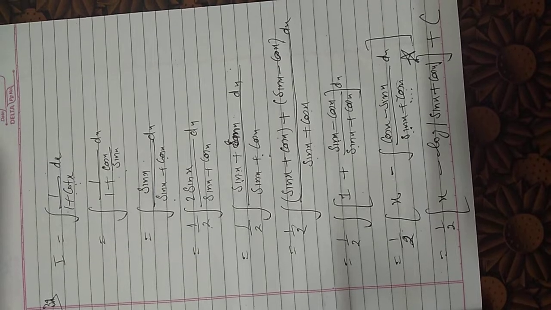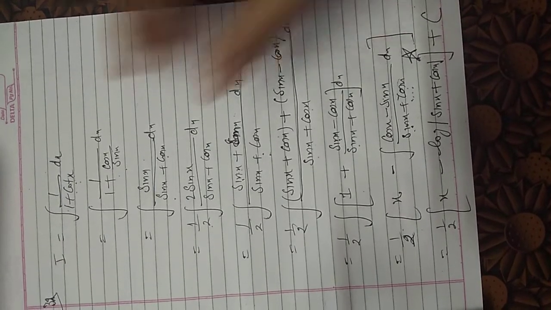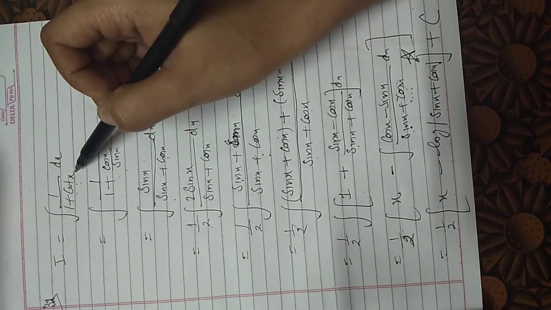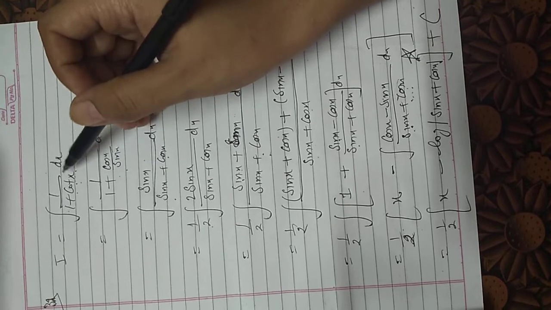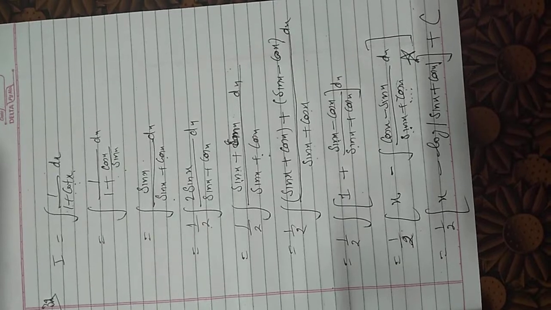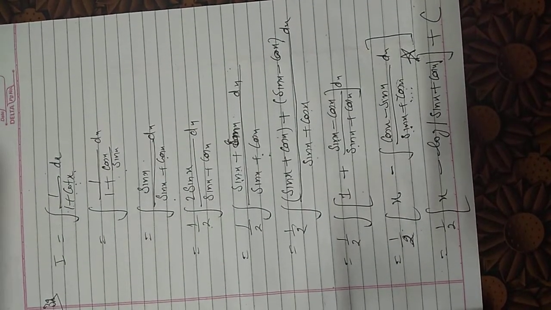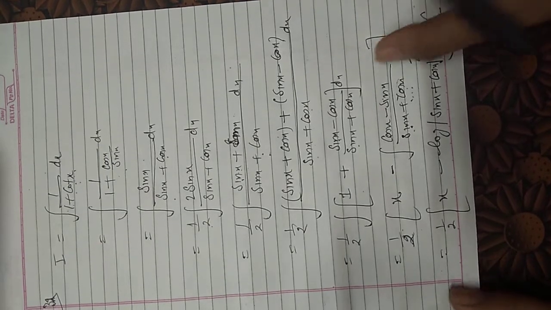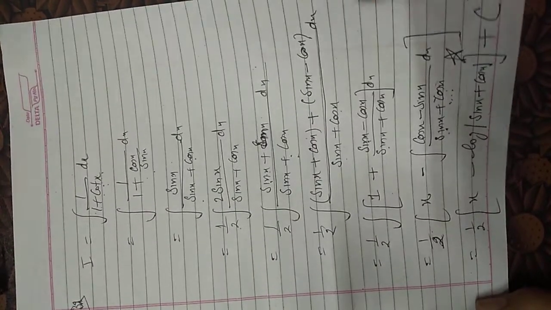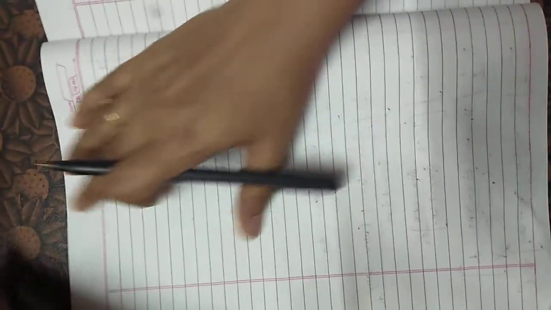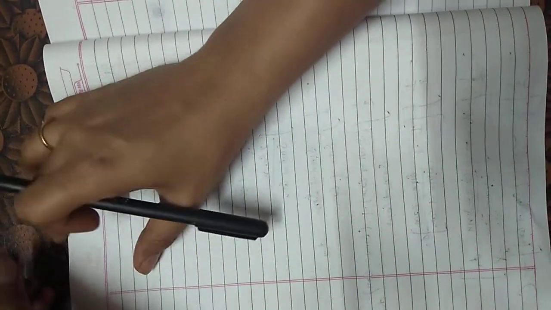Similarly, you will do sum number 33. In sum number 33, instead of this cot x function, we have tan x function. And tan, when we write down in terms of sin and cos, we will get here cos x upon cos x minus sin x. Same thing we will do as in sum number 32 and you will be able to get the answer. Sum number 34 we will discuss now, and afterwards one more sum we will discuss, and you will be completing your exercise. Okay, so let us discuss here sum number